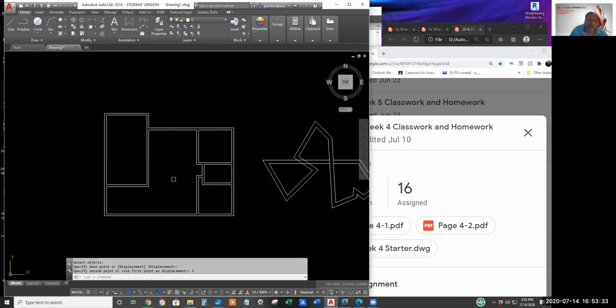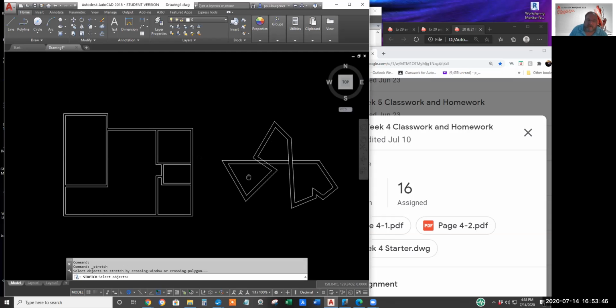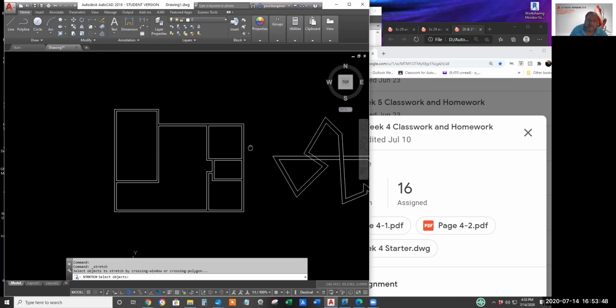Now be on the lookout. It's the last crossing window that you, trying to think of a good example here. You know, there might be some things you want to leave, you don't want to move.